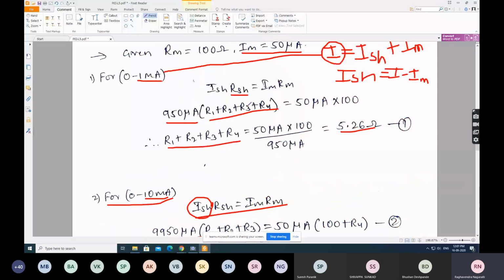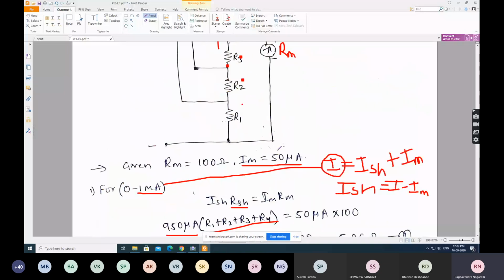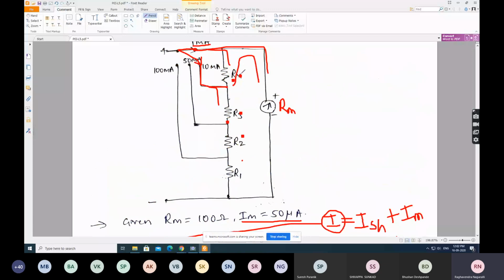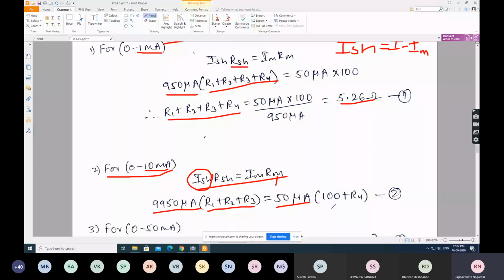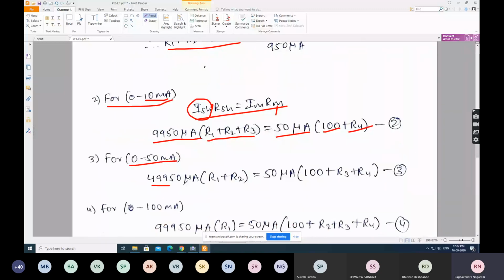Im is what? 50 microamps, as we already know, and Rm is now the combination with R4. Rm plus R4, the resistance in this path. So R4 plus Rm. So Rm is 100 plus R4. Okay. So in the same way for the third range, so this is the ISH value,